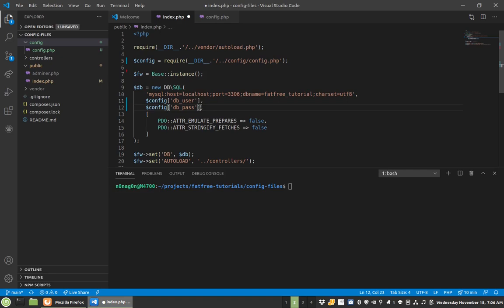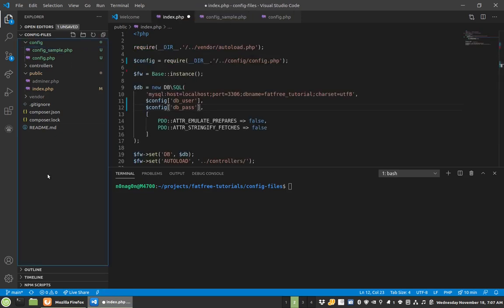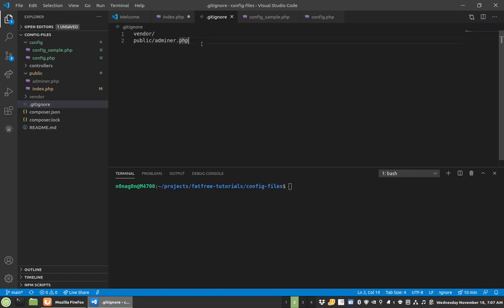So in order to prevent that, if you never put the file in there in the first place, you'll be fine. What I typically do, like in this case, is copy this file and rename it to config sample, just name it sample testing. So now what I can do is in my Gitignore, I'll add